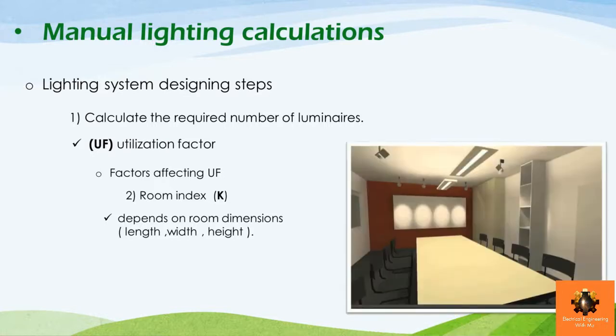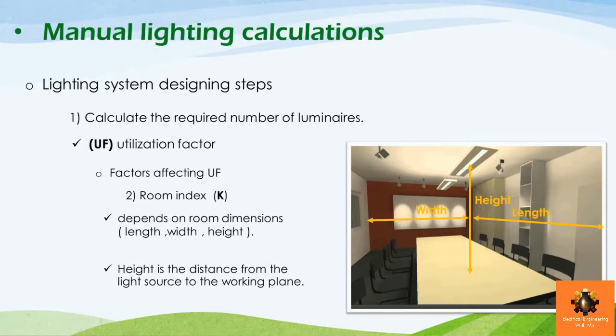So if this is the room we need to make the lighting system for, here we find its length to be this dimension and its width to be this dimension, and this will be the height of the room. So according to those dimensions we can calculate the room index K. But the important note here is that the height of the room starts from the lighting source until the working plane in the room, and the working plane is the object that we need the light to fall on. So in our case here the working plane is this table,